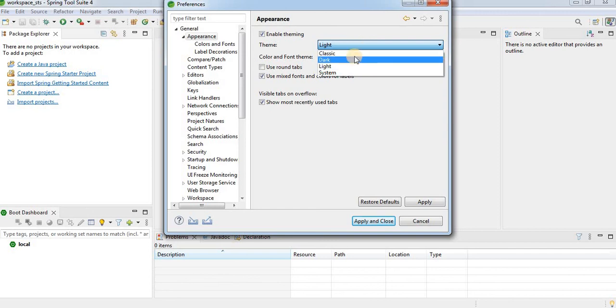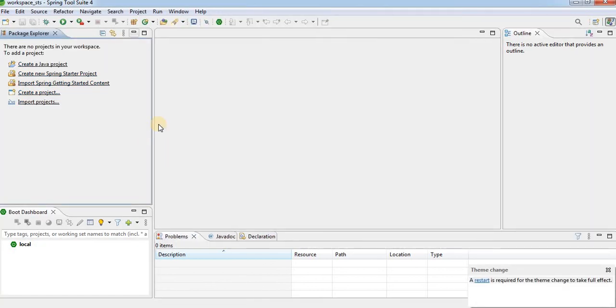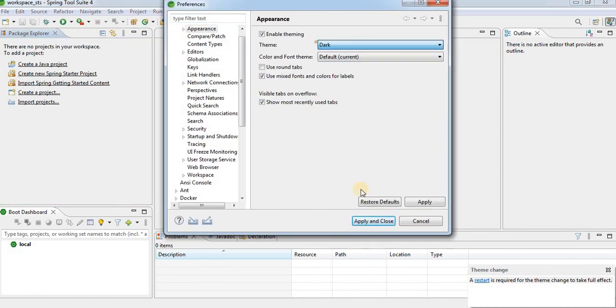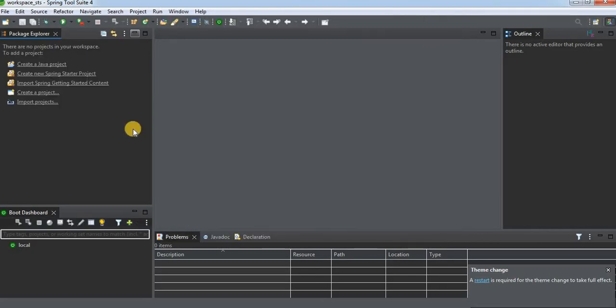If you want to go with the classic theme, you can just select this and apply and close. So this is the classic theme, and if you want to go with another theme like the dark theme, then click on apply and close. And if you want the theme to take full effect, then you have to restart this Spring Tool Suite.